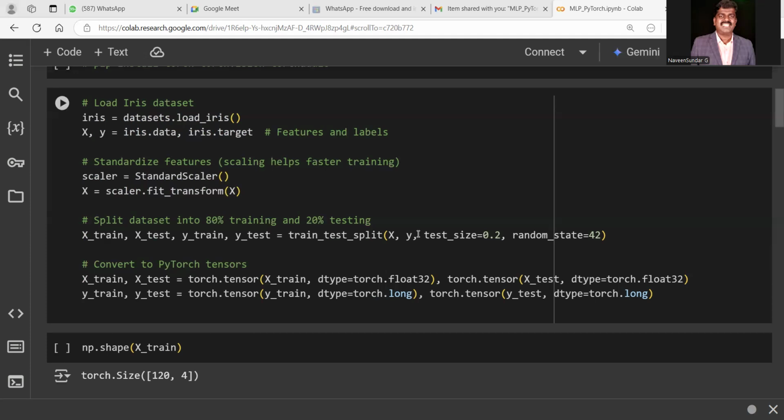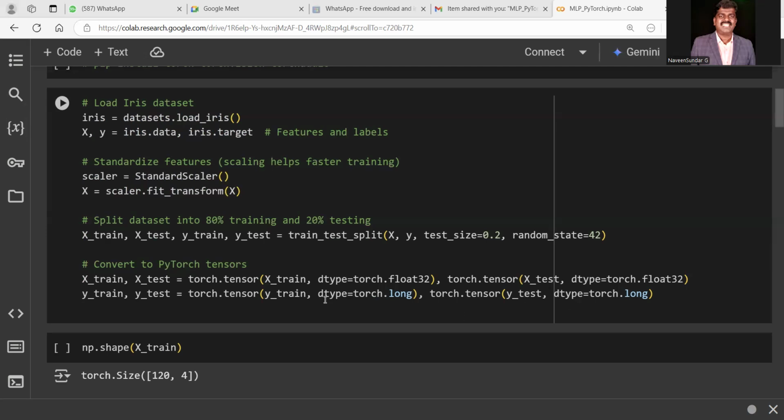Okay, so this is the function which is helpful for splitting the training and test data. Now converting to PyTorch tensors. Till now we did it as usual. Now we are going to convert to the PyTorch tensor. It means X_train, X_test is equal to torch.tensor, in which I am going to pass the X_train and then X_test, and then y_train and y_test,